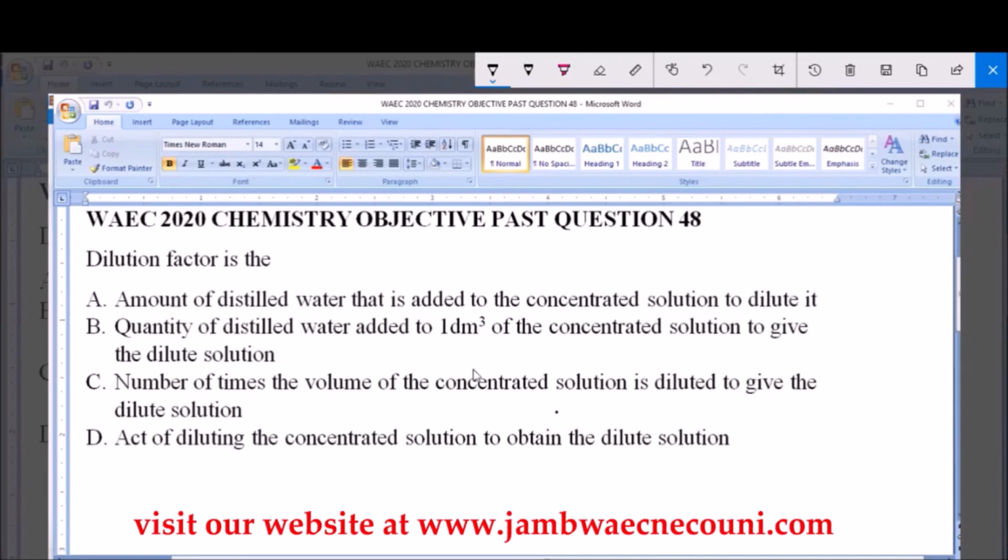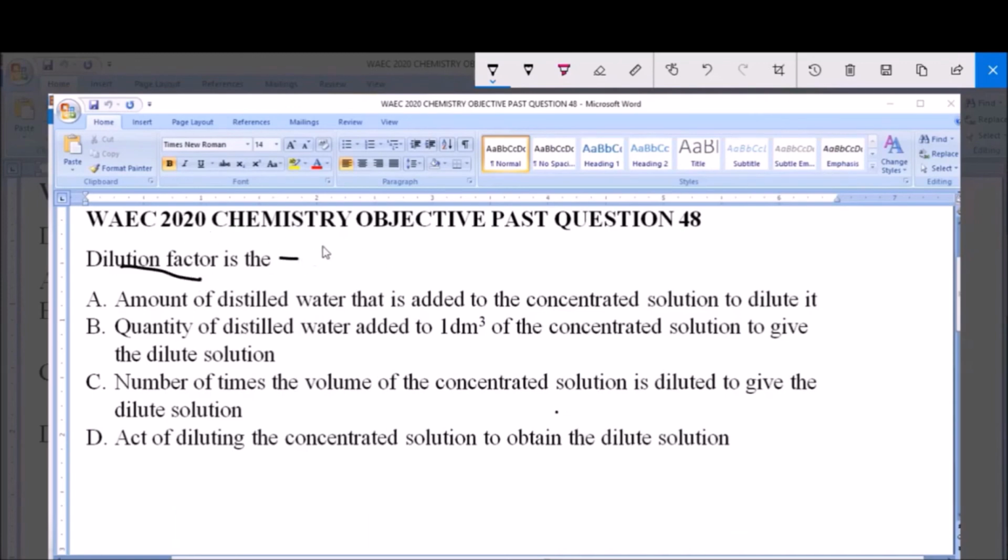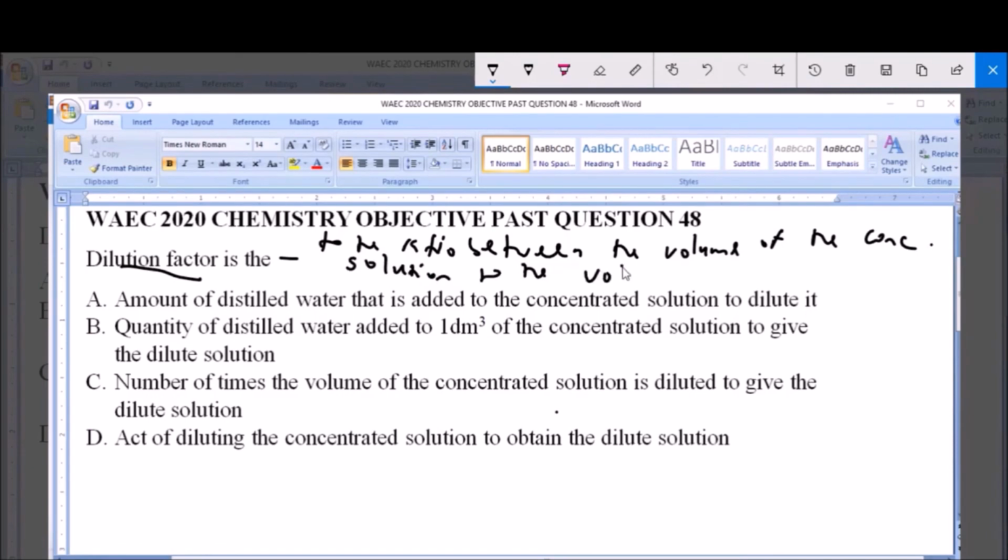So for a standard definition of dilution factor as it relates to solubility and formation of solutions, dilution factor refers to the ratio between the volume of the concentrated solution to the volume of the dilute solution. So this means that if you have two solutions, let's say the volume of the concentrated solution is 20 dm cube,